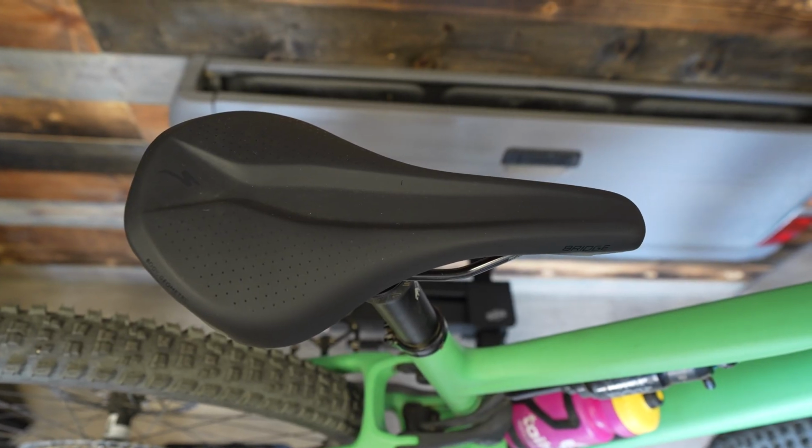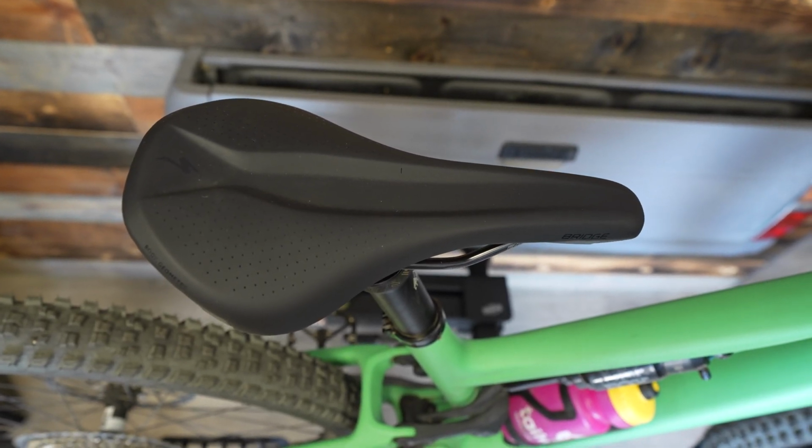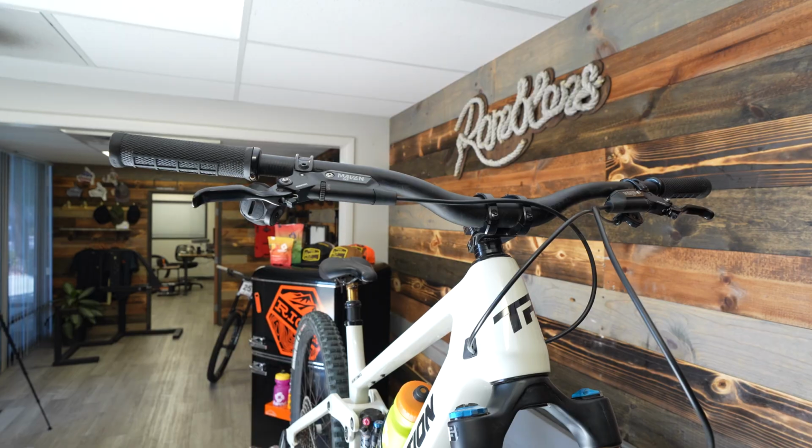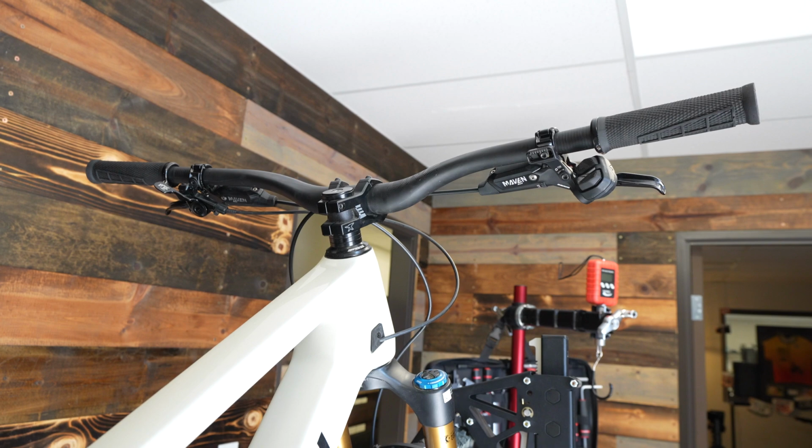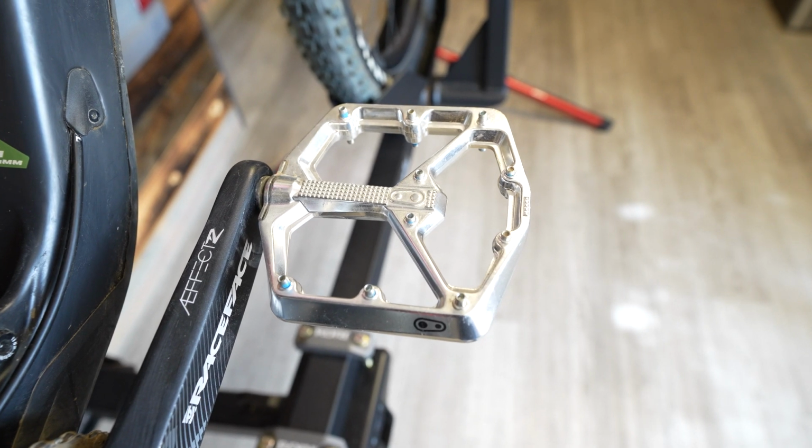Now for saddle, I think the best one's going to be Specialized. Anyone that's followed me for any time knows that I love Specialized saddles, so that's going to win there. Handlebars, I think OneUp Components makes the best handlebars, and they were my favorite out of this test. I just feel like they feel super stiff, but at the same time they have a lot of vibration damping. Pedals, of course, we're going to give it to the Crank Brothers Stamp 7, size large, tons of traction,